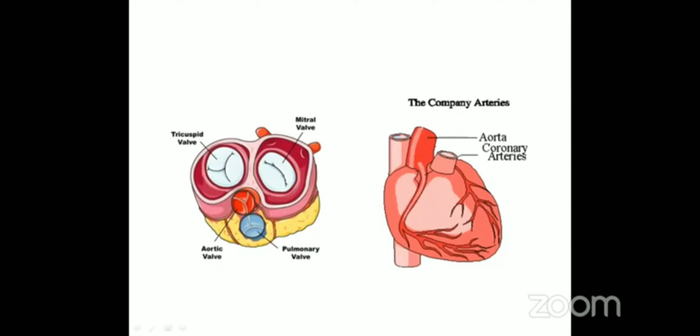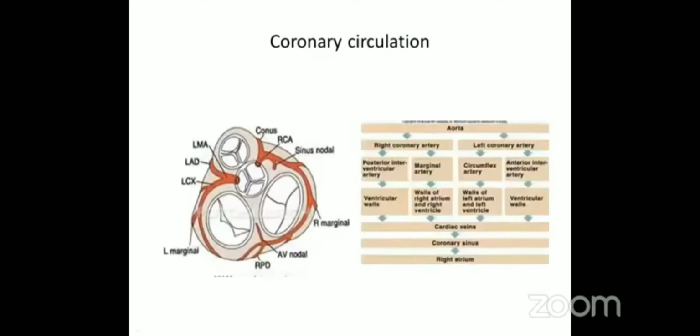So again, one more question will be there, that is the coronary circulation. In this, you should write down in detail about both the right and left coronary arteries, how they start, as we already discussed, and how they give out the branches. The right coronary will give these branches, that is conus, the nodal branches, sinus nodal and AV nodal, and right marginal, and then the right posterior interventricular artery, which will determine the dominance of the heart, meaning the maximum area of the heart is supplied by which artery.